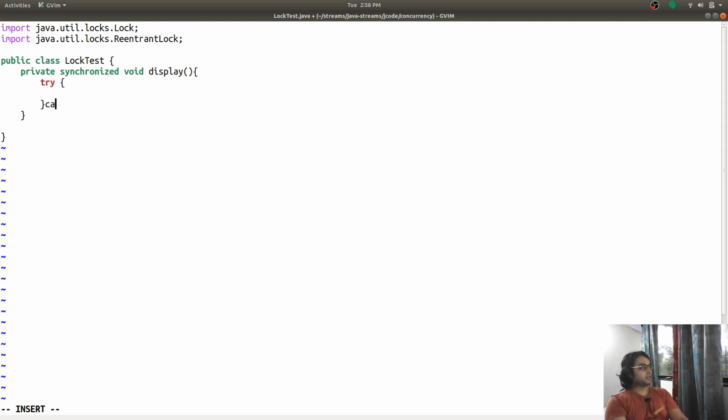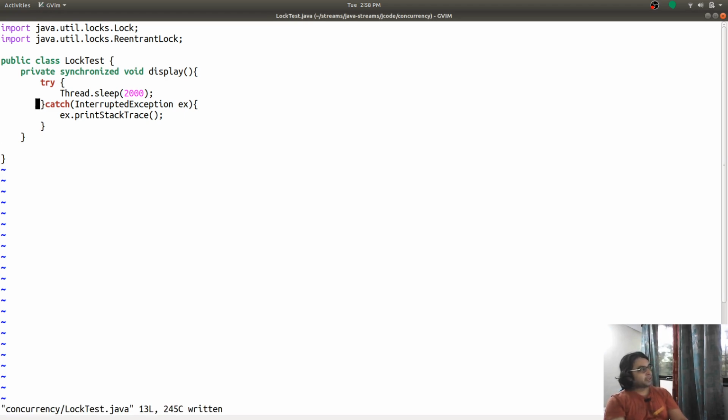Try sleep for 2 seconds. As the sleep function throws InterruptedException, either we can declare in the function definition that it throws InterruptedException, or we can catch and handle it.